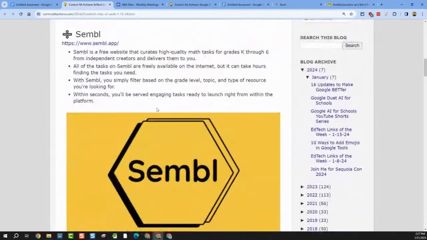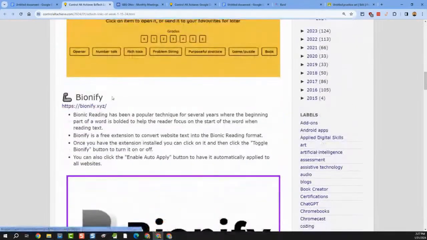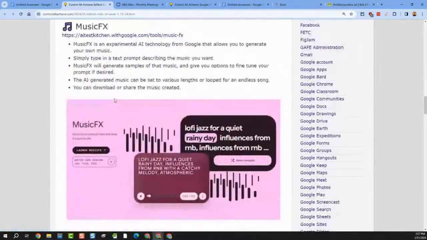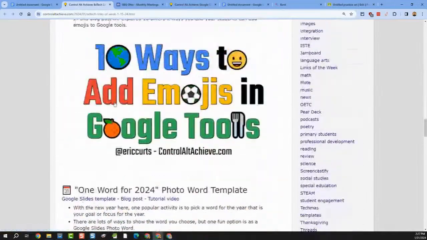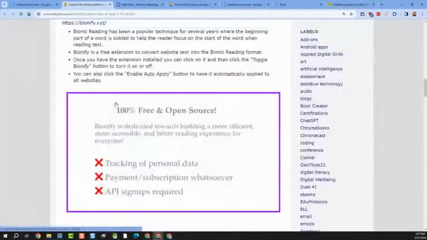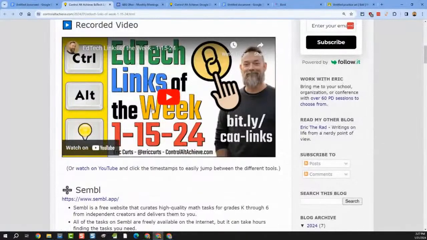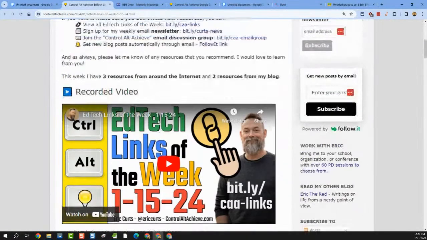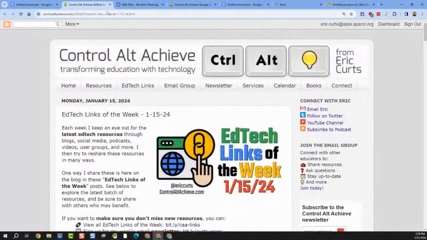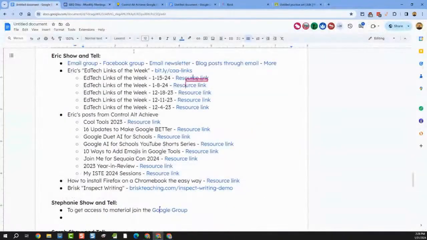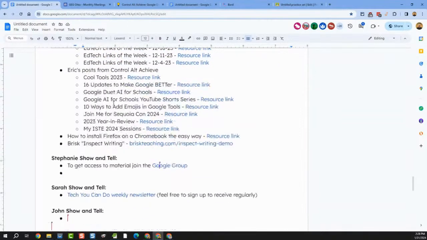Recently I talked about Symbol and Bionify and Music FX, and then I shared a few things from my blog as well. So you can just read it as a blog post, or I do a short video where I do 5 minutes per tool and just talk real quick about what those resources are. So whatever way you prefer to consume that, you can do that by video or blog, however works best for you. As far as the blog goes,